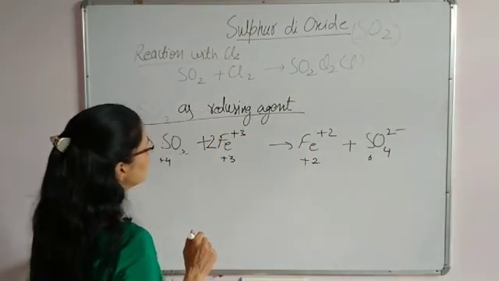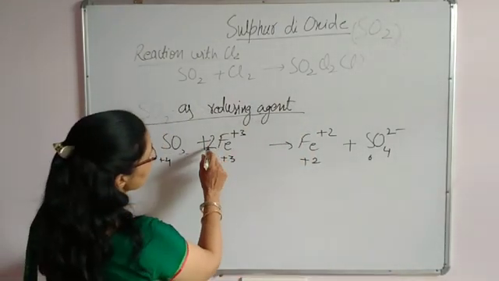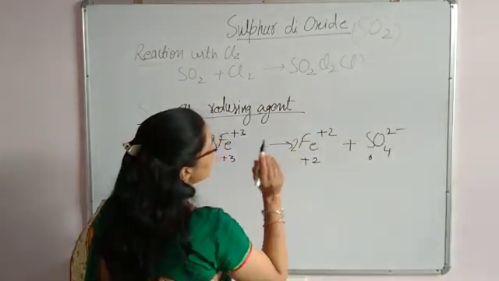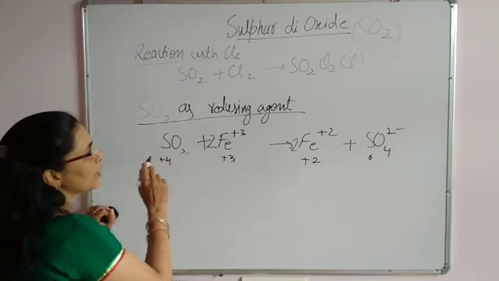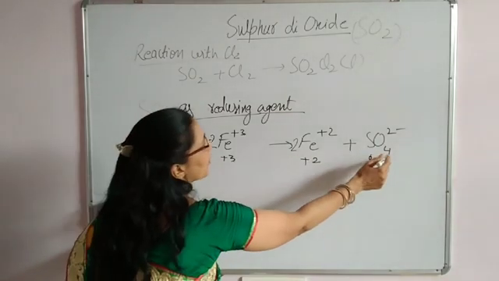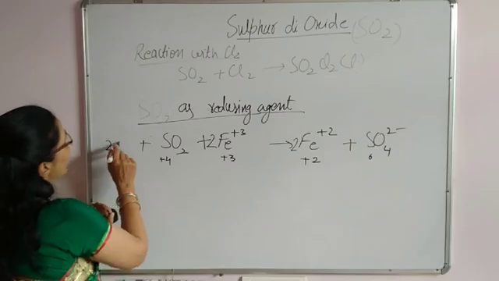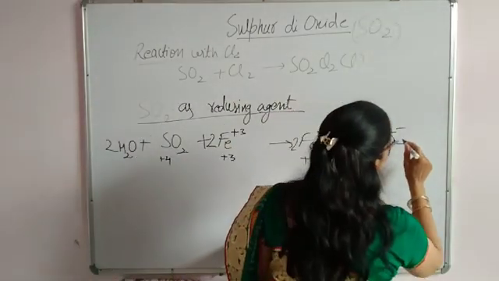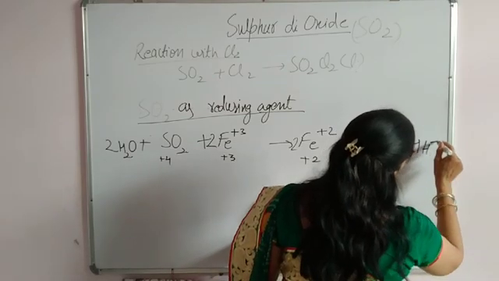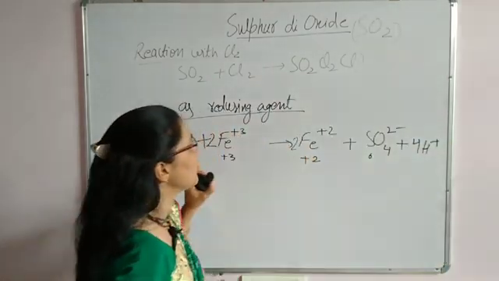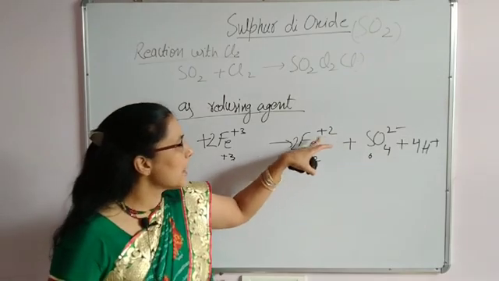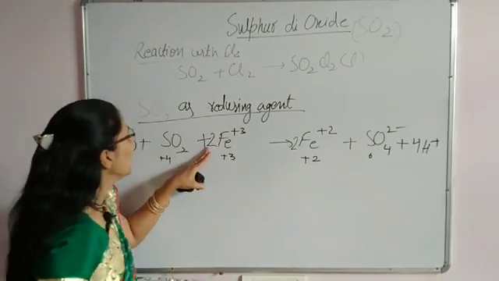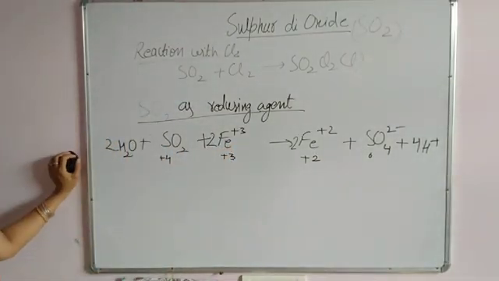Now balance the oxygen. For balancing oxygen, just first balance the extra element. Here 2 iron, it means here also 2 iron. Now 2 oxygen here, so here 4 oxygen, you will put twice of H2O. Now twice of H2O, for that purpose, balancing of hydrogen, you need to put 4H plus. Now you need to check the charge: 2 twos are 4, plus 4 is 8, 8 minus 2 is 6, and here also plus 6 charge. It means it is balanced.